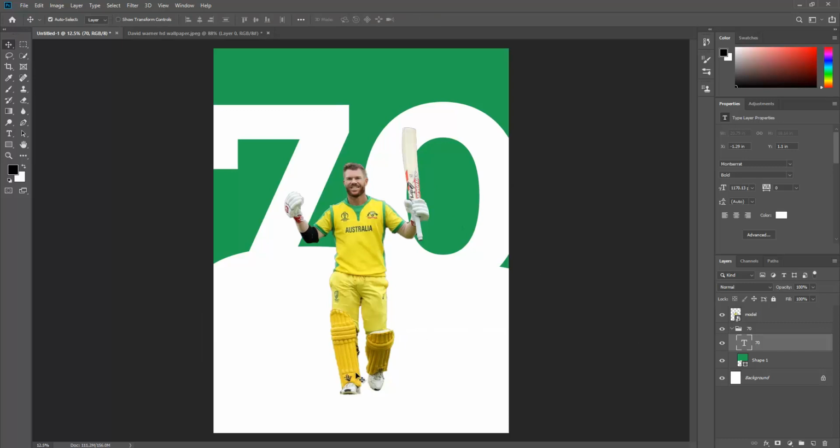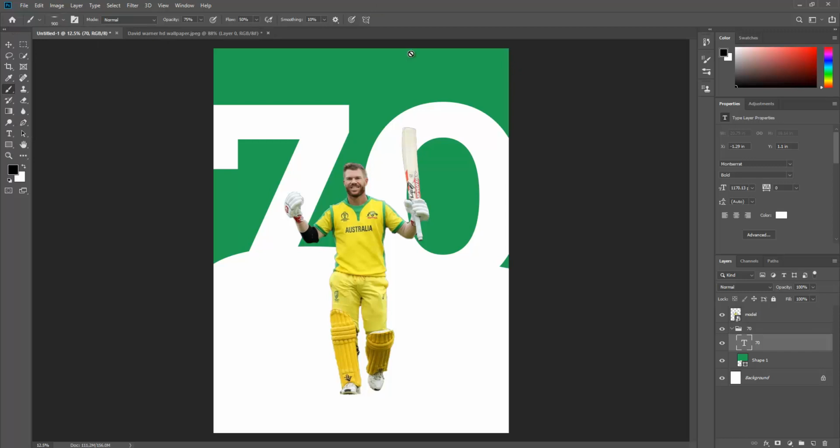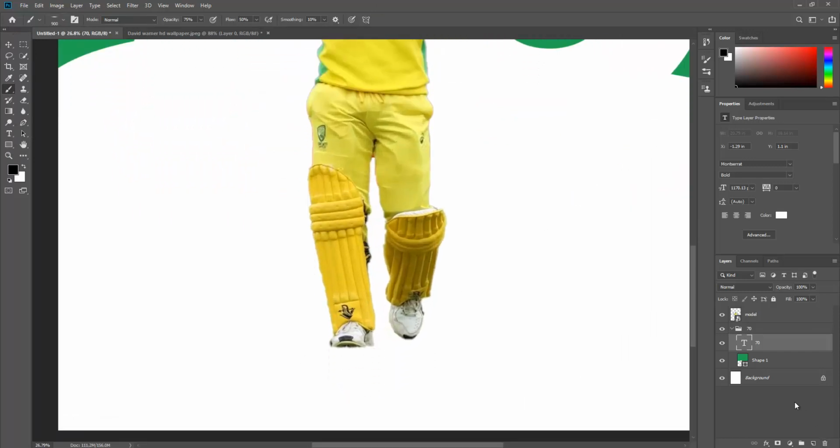Now the next thing is I need to pick up my brush tool from here. I'm gonna pick up my brush tool, and from here make sure you do the settings. So when you're coming up here, you can go into the generals and you can select soft round. And after that, you need to reduce this by holding that like that. So we are gonna put some shadows, and size needs to be 900, and it's up to you whatever size you want. So I will come up here, I will zoom,